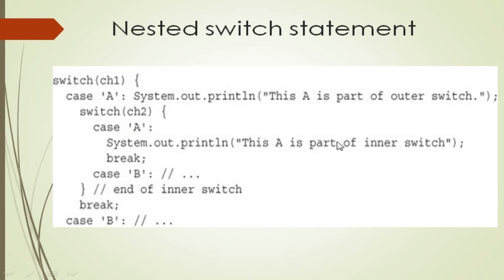If it is true, it will execute it and then break. This break is for the inner switch statement. So where is the break for the outer switch statement? You can see it here. This is the break statement for the outer case A statement. Here you can see the inner switch statement is enclosed with open and close bracket. The close bracket is ending here. After that you have to put a break statement for case A. Same like that, if you want another menu for case B, you can just follow this path and then continue the program.